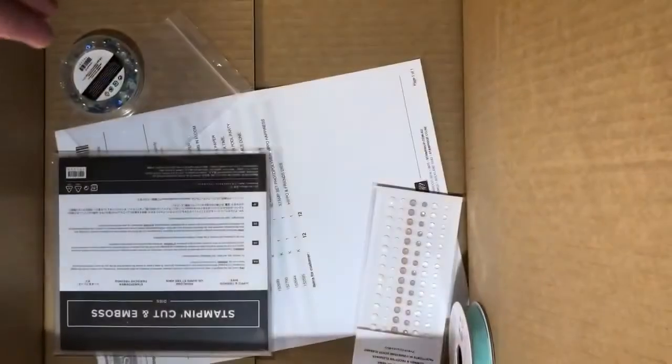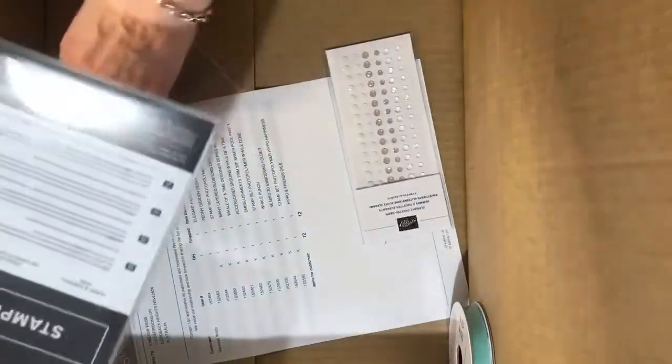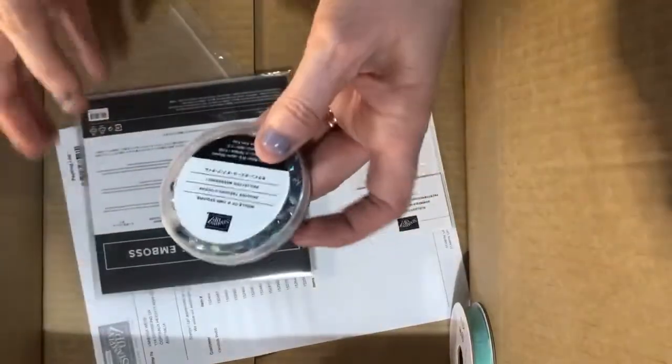That's the Blossoms in Bloom. I'm going to leave that there because I want to show you the flowers and how they stamp with the new InColors. This is the Whale of a